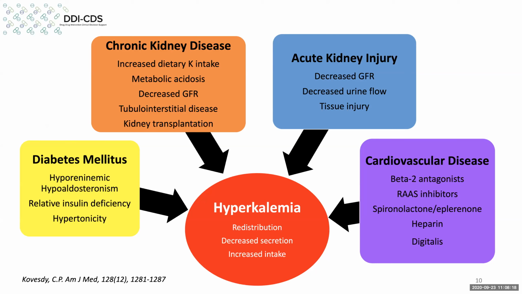But the point here is that there is a lot of various both disease states and drugs that can influence potassium homeostasis, as we've mentioned. And as I said, we're going to really focus on the drugs associated with this, and in particular, the ACE-ARB and potassium-sparing diuretic combination. Let's go on to the next slide, please.